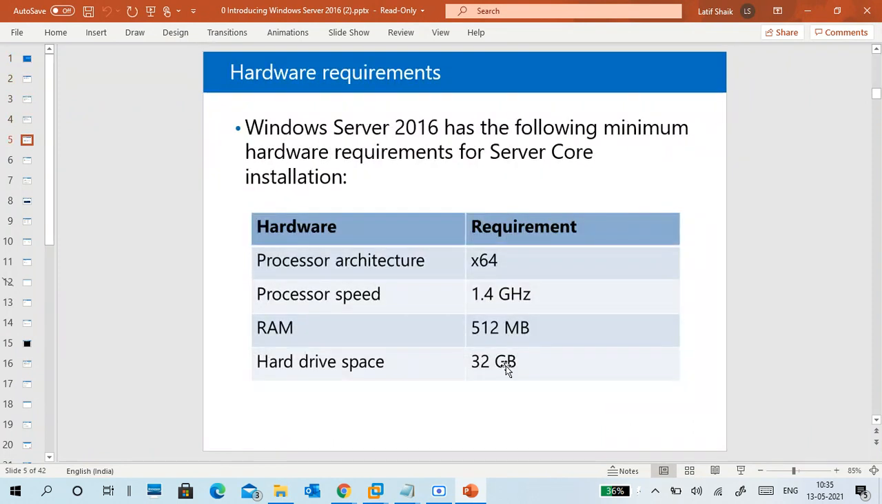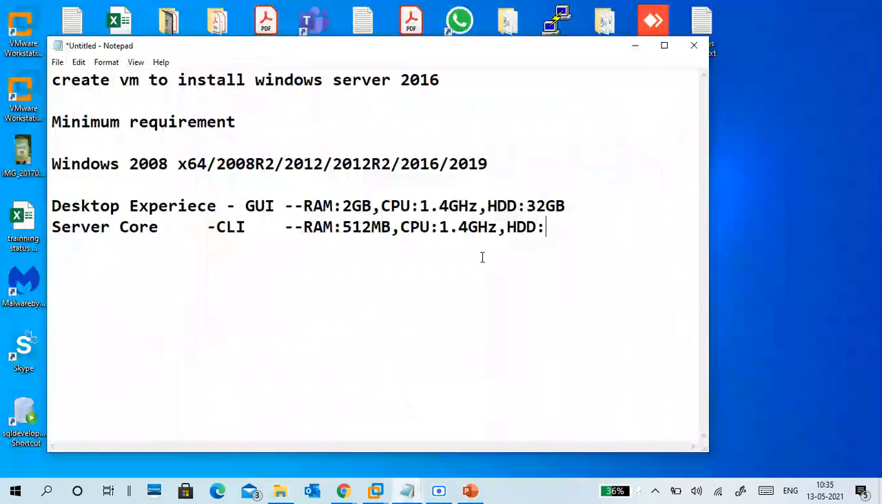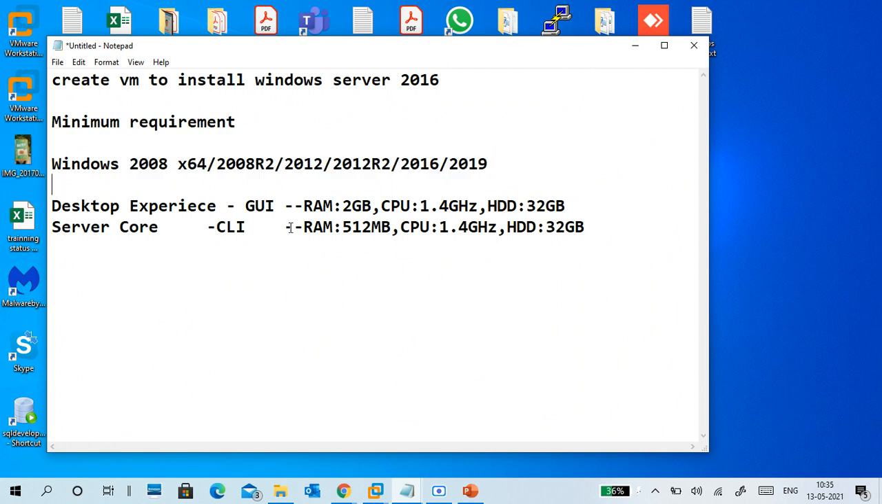See, here it is 512, hard disk drive 32 and 64 GB. So this is also 32 GB. It's showing like a 32 GB. Both required 64. So all these versions are compulsory 64-bit only. CPU compulsory 64-bit only. Okay,